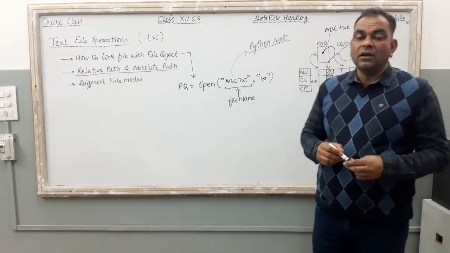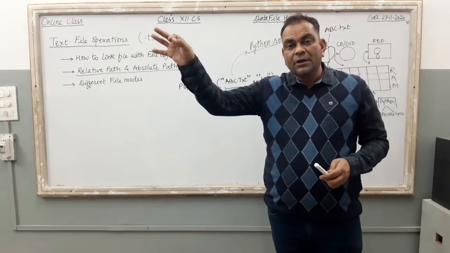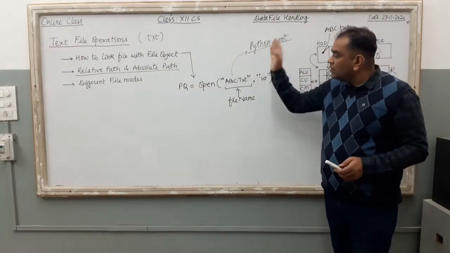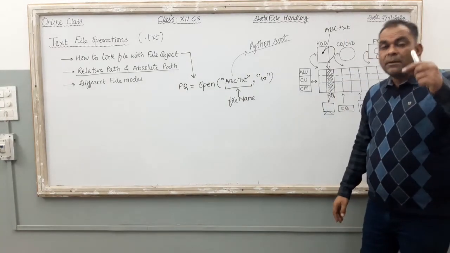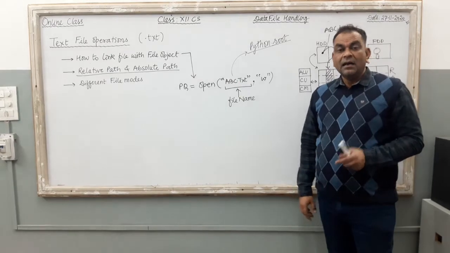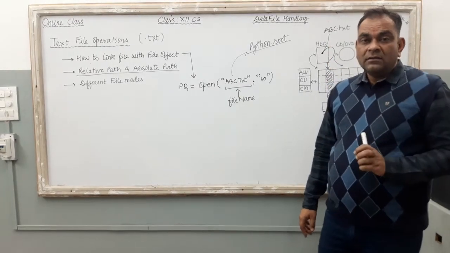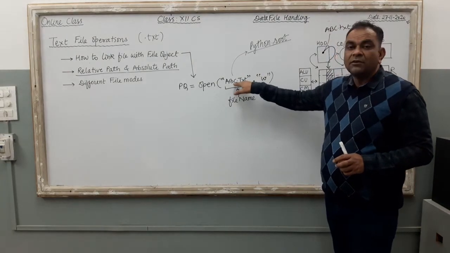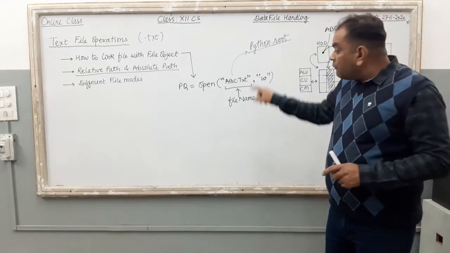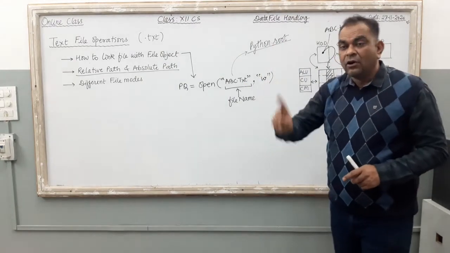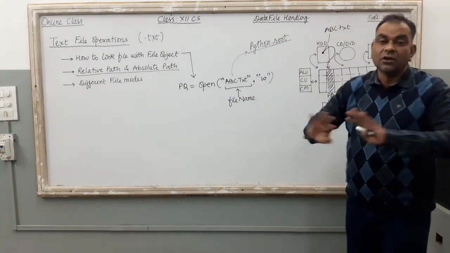Generally, Python is installed in the users directory, user. Then here the Python folder is there. Inside the Python root folder, you can find this abc.txt file. Now, if you want to read a file, you are going to write the name of the file for reading purpose. The file should be in your Python root folder.